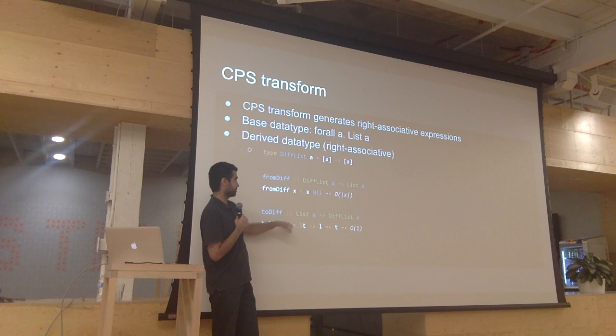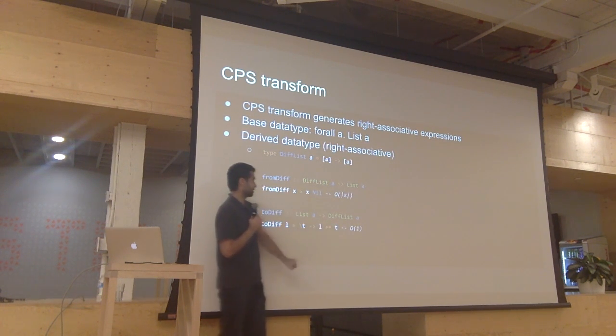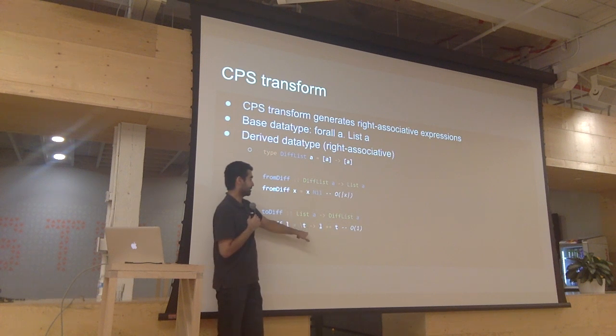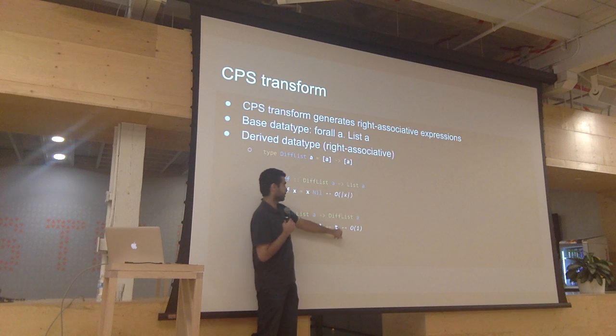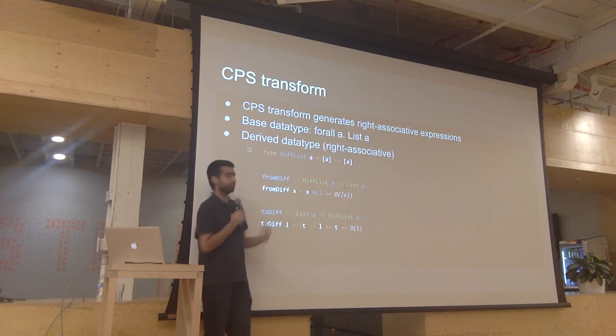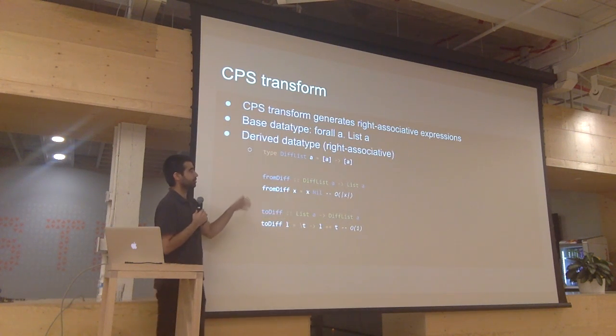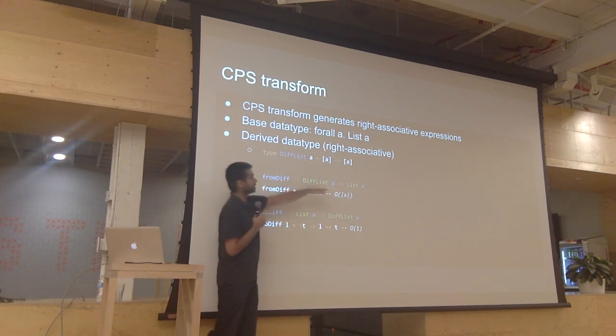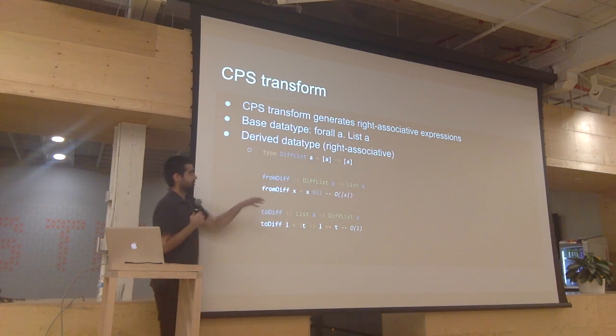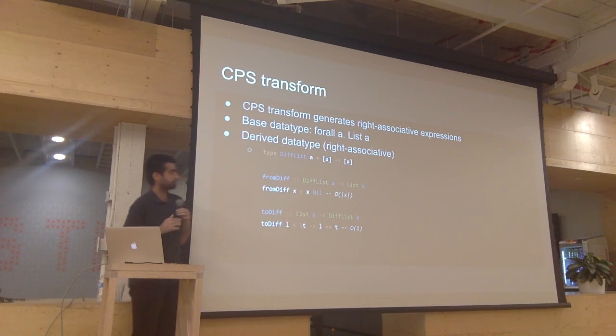I'm going to specialize myself to some input, whatever, I'm going to take some list. So I've taken a list, and I'm a function which takes another list, and I'm just going to append it at the end, right? Because I'm just creating a function, I'm not applying it, the cost here is really cheap. And this is a similar property that you will see in the final solution as well, where going from diff list to list is expensive, or rather derived to base is expensive, base to derived is cheap.